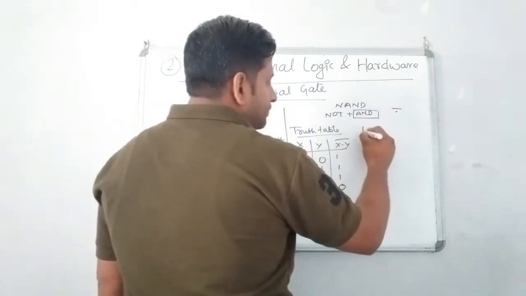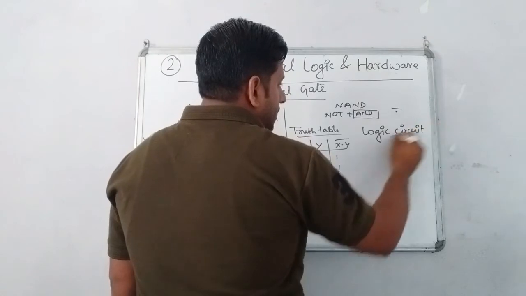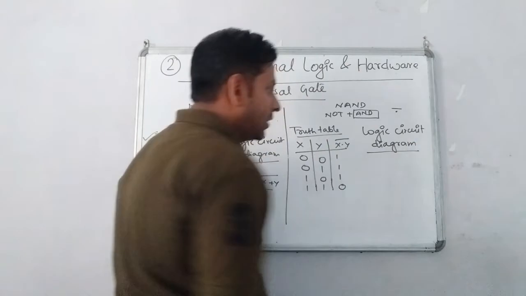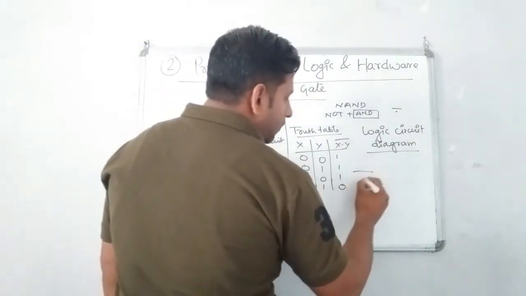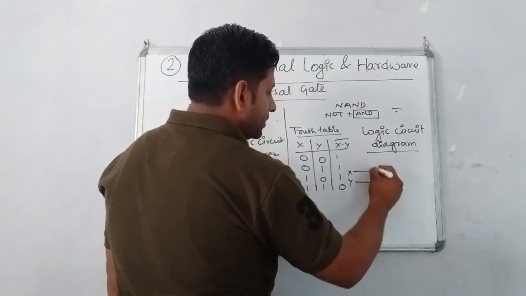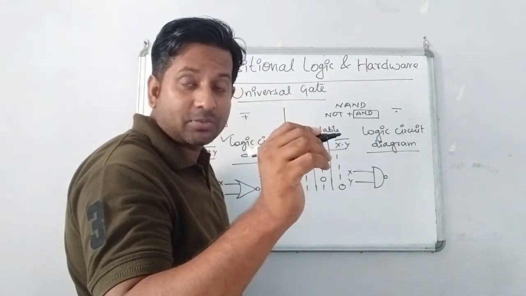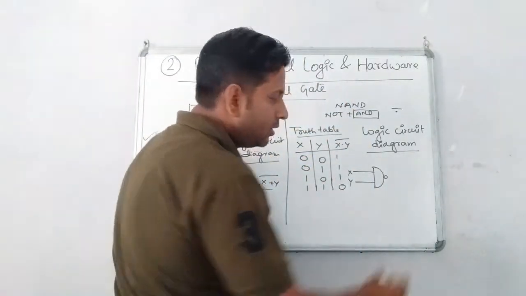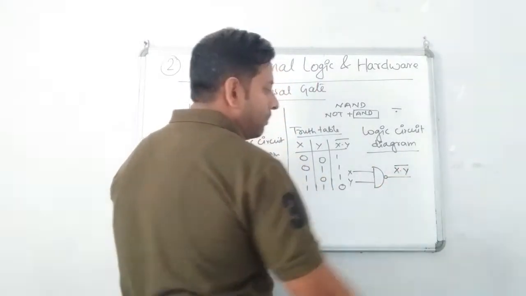Now see, children, the logic circuit diagram. How is the logic circuit diagram designed in this? We'll take x and y, two inputs. Here what we have? The AND gate. So here also we have to use a NOT, that means a small circle. Okay, don't make it a dot, again I am saying, don't make it a dot or a big circle, small, just compared to this one. See my structure properly. Then x dot y bar.